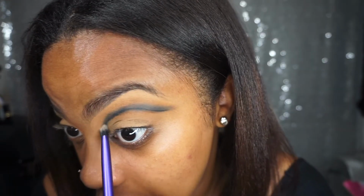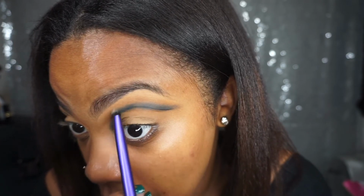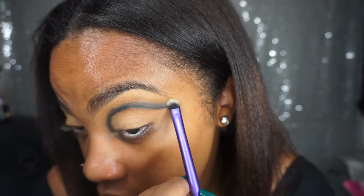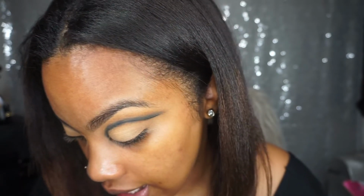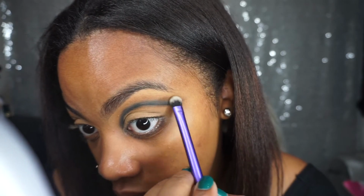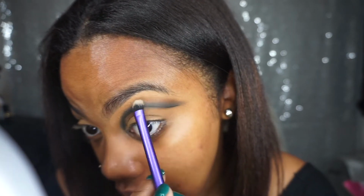Lift your eyes so you can really blend it really well. I would say you want the shape to kind of stay there, but once that's out, get another brown, a dark brown, and kind of just blend that in, just so that you can see